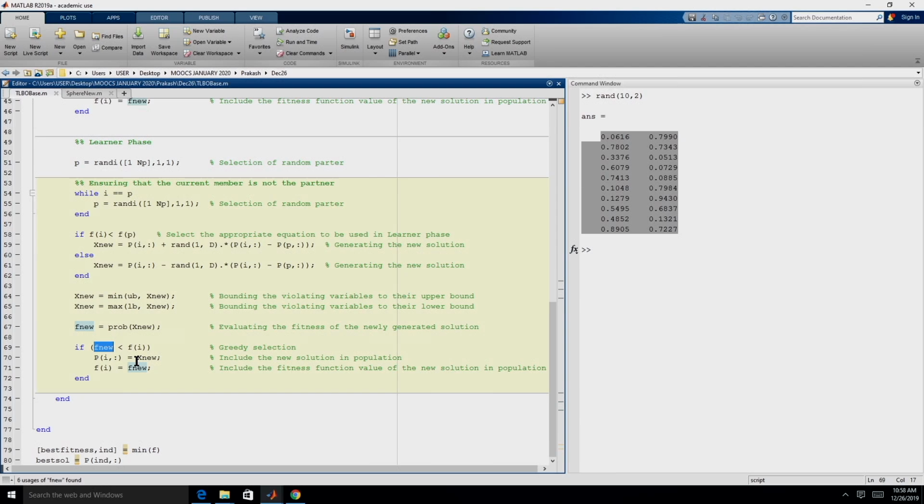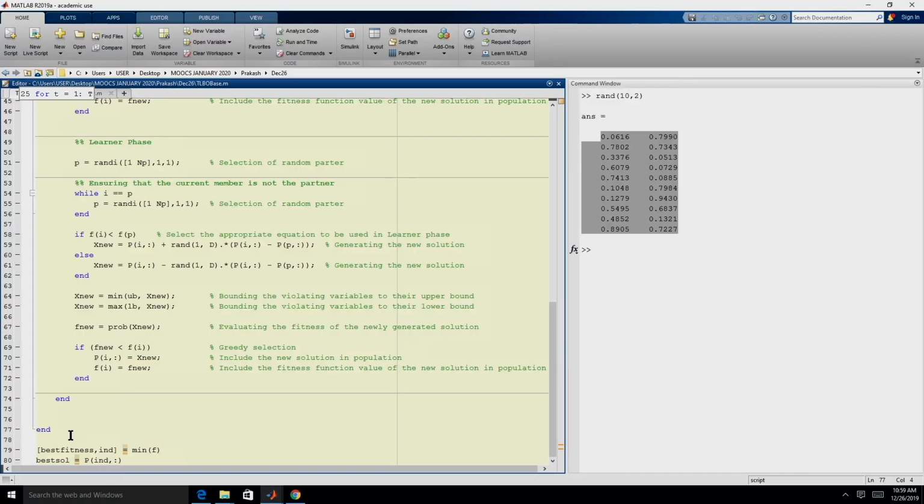As you can see, it is a fairly simple code that we can implement. TLBO, as we mentioned earlier, is not an inbuilt function in MATLAB, so we can quickly develop this code and then use it. Let us say we have executed the TLBO. What are we interested in after execution? We are looking for the best fitness. When we reach line 79, the TLBO procedure is over.